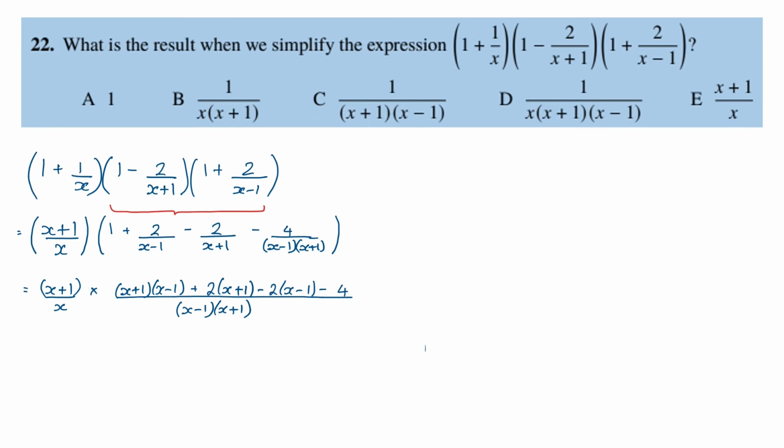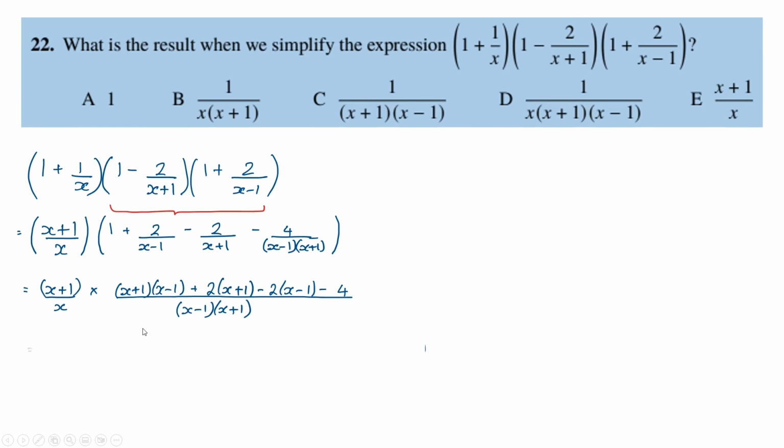Now just pausing there for a second, because I'm going to show you a slightly easier way of doing it. There's nothing wrong with what I've done here, but I'm definitely doing a lot of algebra. It definitely feels like all these x plus 1s and x minus 1s should cancel out at some stage. But I'm having to do, again, a lot of working to get there. At this stage, I'm a little bit stuck, so I'm just going to have to just do the maths and